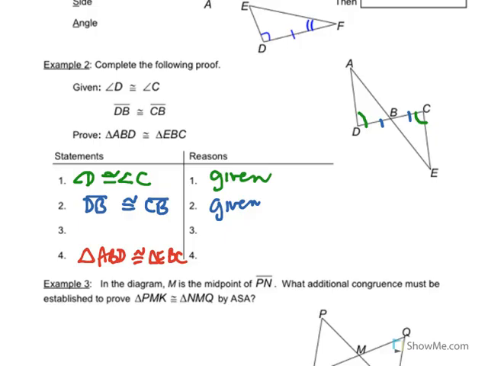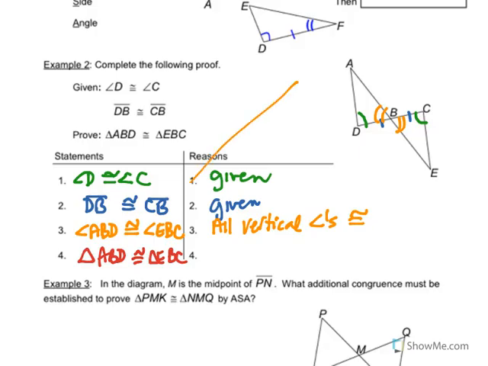Okay, so let's see here. We can say that angle ABD is congruent with angle EBC. ABD, right here, this angle, is congruent with EBC, which is this angle. Now, the way the proof for that would be all vertical angles are congruent. Now, an important note, this is very important for this